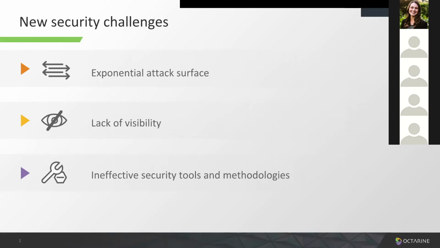If you look at the existing arsenal of security tools, they mostly rely on the five tuple: the initiator IP and port, the target IP and port, and the protocol.